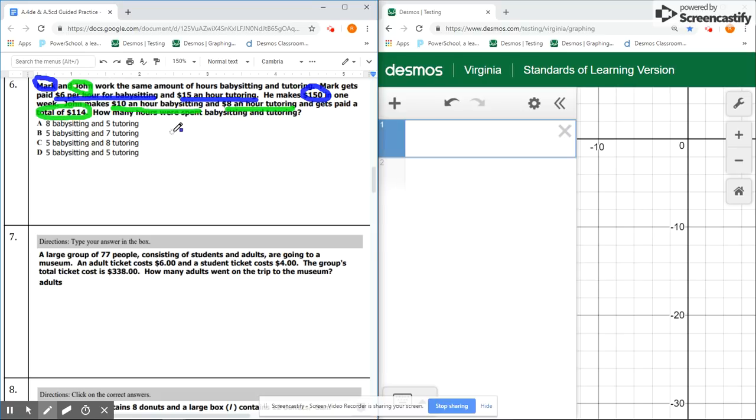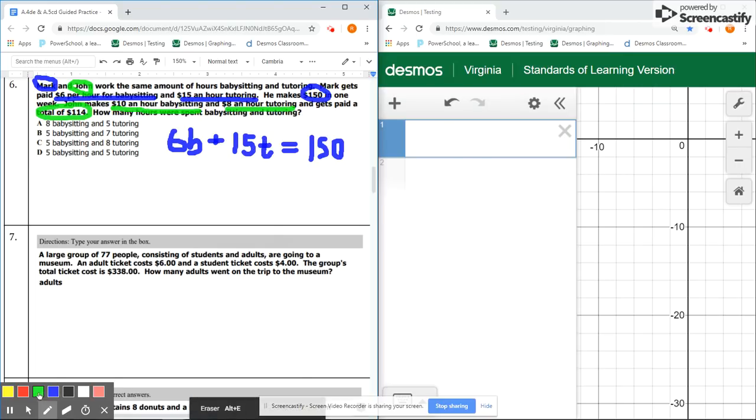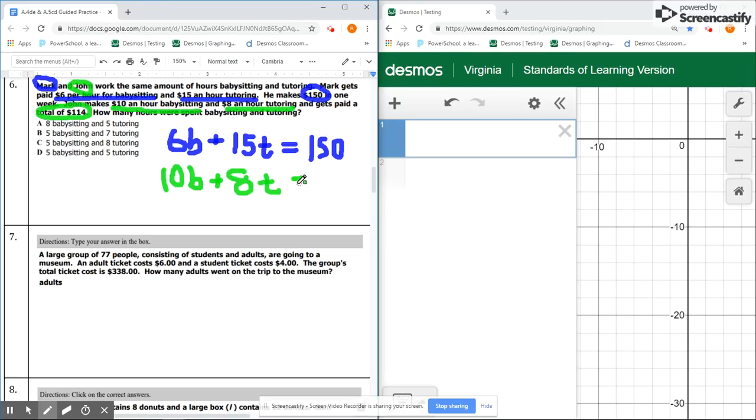So for Mark, he gets $6 per hour for babysitting, so 6B, plus $15 an hour for tutoring, so 15T. And his total money equals $150. So there's Mark's equation, $6 an hour for babysitting, $15 an hour for tutoring, for a total of $150. Now, for John, he gets $10 an hour for babysitting, plus he gets $8 an hour for tutoring, and that equals a total of